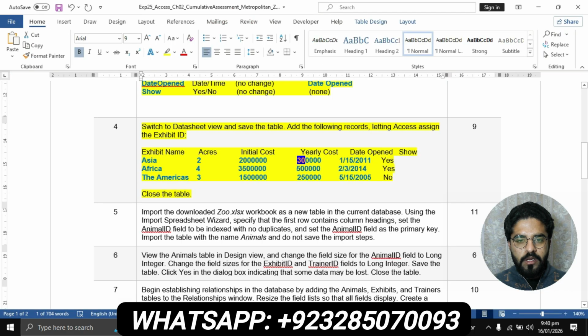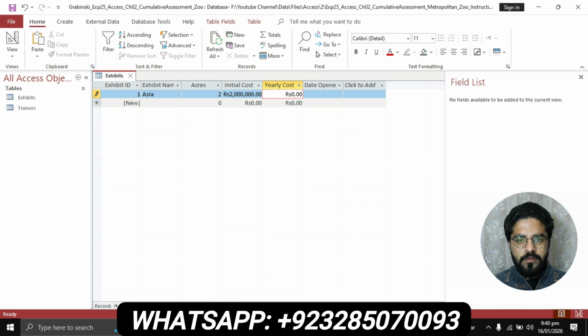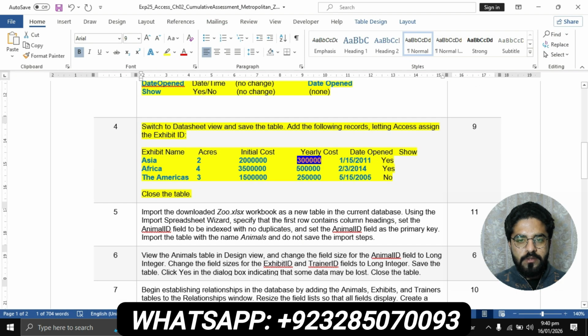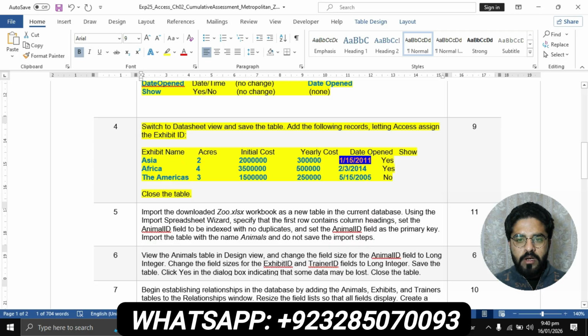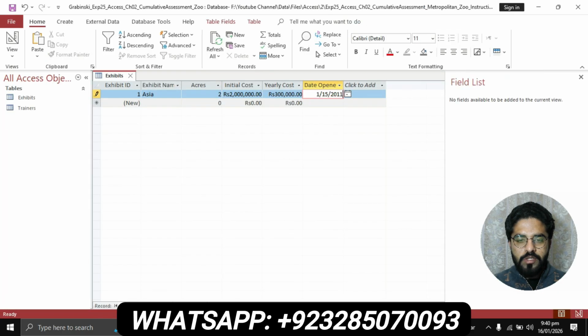and the yearly cost. Copy this, paste this cost, yearly cost, and the open date is, select this day, copy, and opened, yes, and the Ch02, yes,